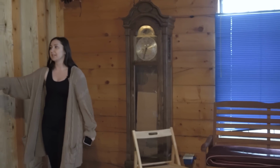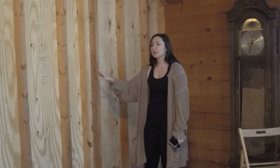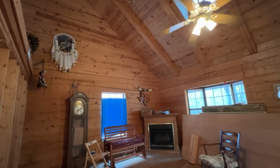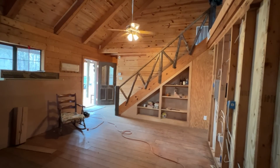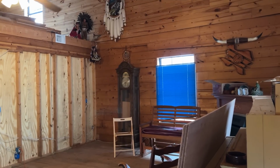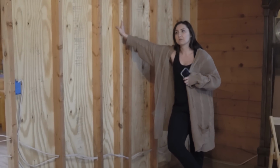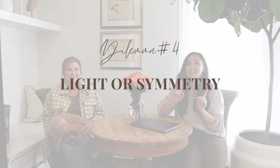So then that would mean I would petition to have this little half wall. It's not going to be all the way open, but it'll open it enough, and you can make a moment with that little corner shelving, but it's open enough. Well, the only reason I don't think that's the best idea is because...